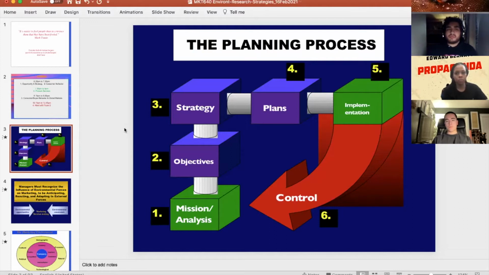So the mission is the reason why this company exists. So Delta Airlines, why does it exist? It is to transport people in the air and make sure that people are safe and satisfied. What's the purpose of Macy's? Macy's is to deliver quality and value product within the network of their online and physical stores. So it's a broad definition of what the company does.